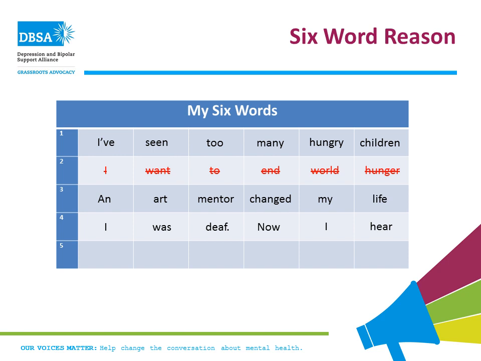So to help you with this, there's a little exercise that we would ask you to do, and that's to produce a 6-word reason for why you're engaging in advocacy. Now, this is a reason and not a goal. This would be something along the lines of, I've seen too many hungry children, and not, I want to end world hunger. This could be 1 6-word phrase or 2 3-word phrases,